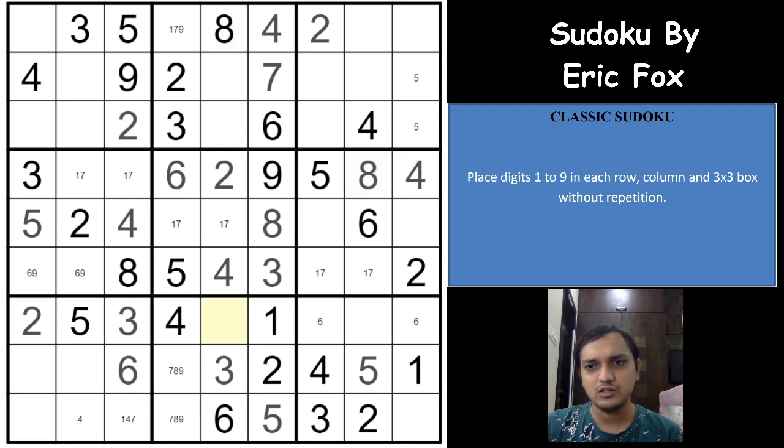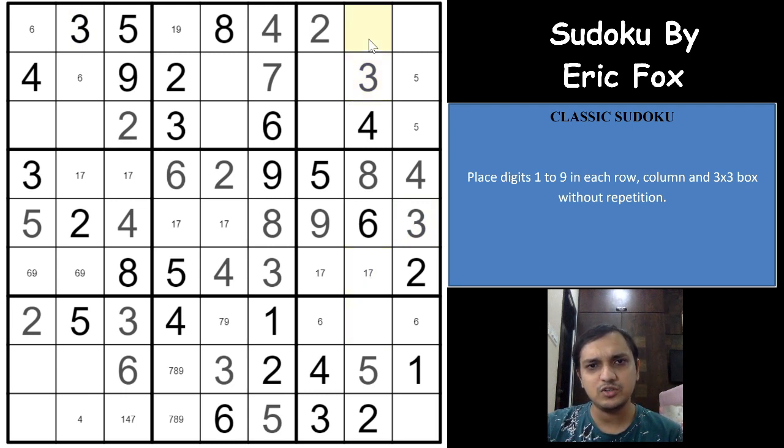And because of the 8, the 2 digits will have to be 7 and 9. And because of the 7, we can eliminate 7 from here, 1 and 9. 1, 6, 7 and 8 are the remaining digits here. 6 has to be in one of these 2 cells. And what are the 2 digits here? 3 and 9, right? And because of the 3 here, we can directly mark a 9 here and a 3 here. And because of these 2 3s and this 3, we can directly mark a 3 here.